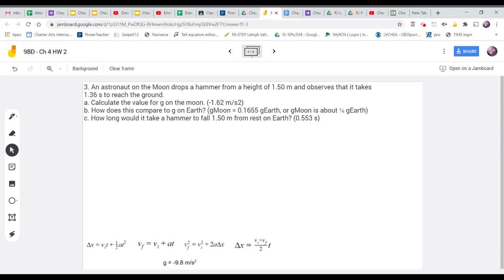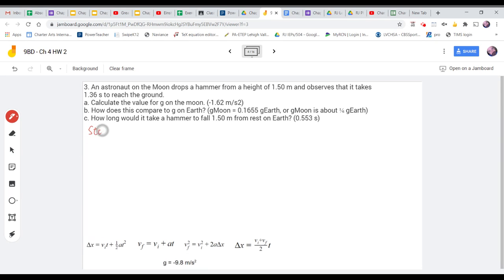So this is homework 2, chapter 4, homework 2, problem 3. So what's going on here? An astronaut on the moon drops a hammer from a height of 1.5 meters and observes that it takes 1.36 seconds to reach the ground. So part A, calculate the value for g on the moon. And there's our answer, but we don't know that yet. So we need to do step,